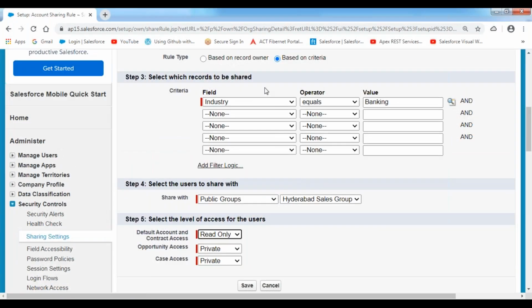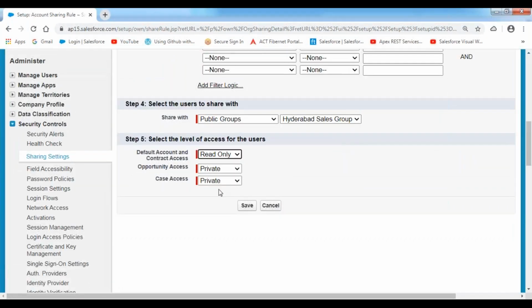In the sharing rules, we have to specify the condition. If the conditions are met, then specify the users to whom you want to share, and we have to select to what level of access you want to grant. You can't make it dynamic. You can't select these people dynamically. This is hard coded. So to avoid this kind of problem,